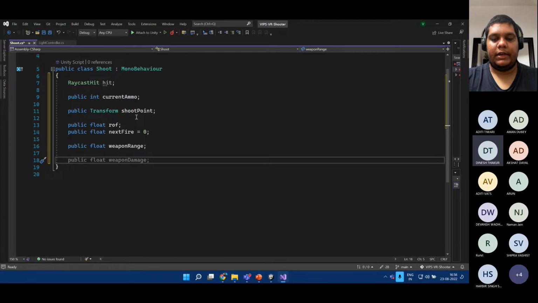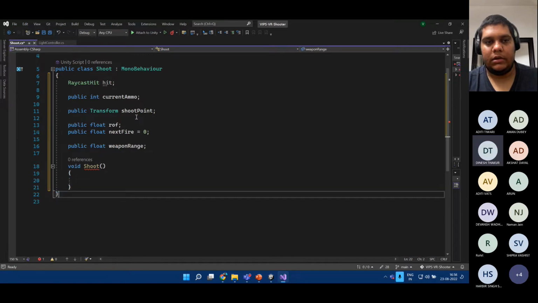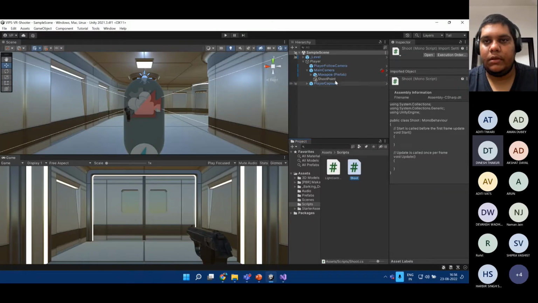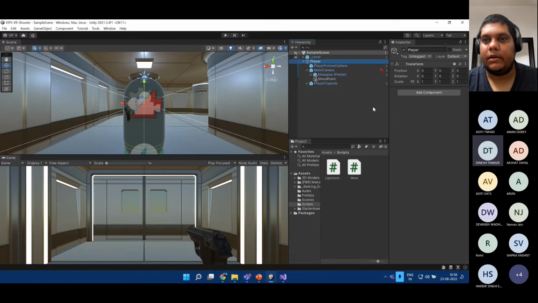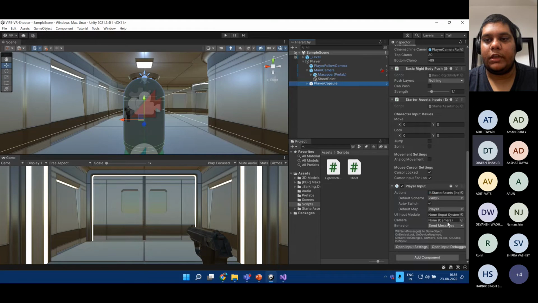So now we'll create a function void shoot, and this is where I will change the name from shoot to OnShoot. So why am I doing this? I'll take you back to my player capsule, this input thing. If you remember,